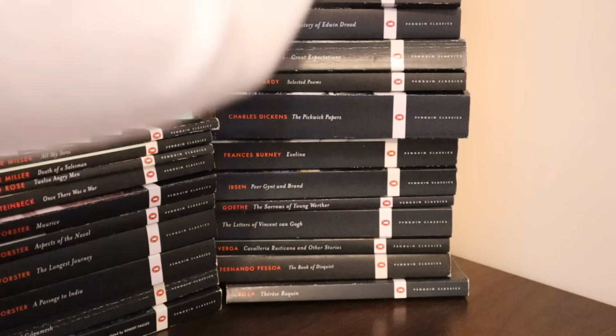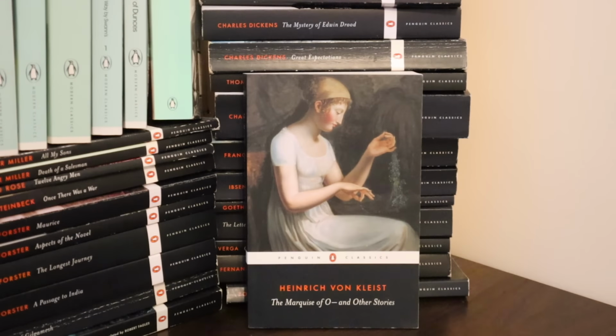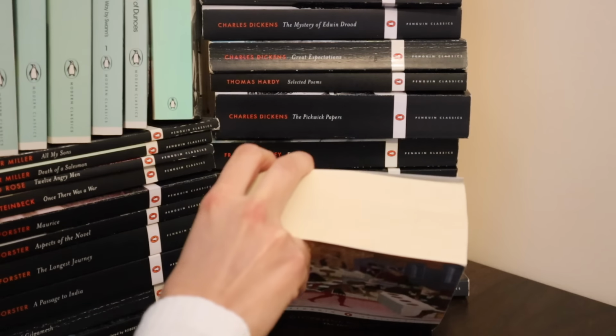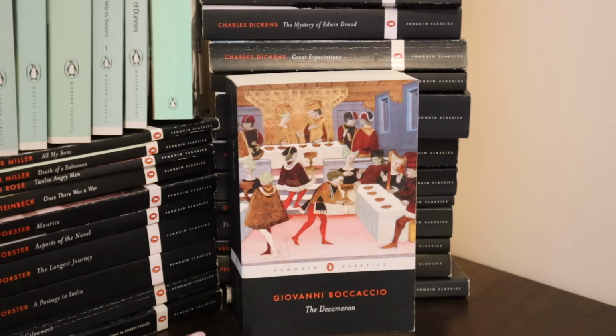So the first one on top I have The Marquise of O and Other Stories by Heinrich von Kleist. The Decameron by Giovanni Boccaccio. I think I'm pronouncing his last name correctly. I'm Italian, so I should know this. This is another quite long classic. Don't know when I'm going to get to it, but definitely want to read it at some point in my